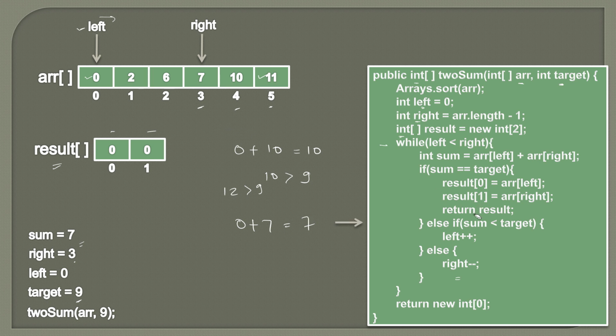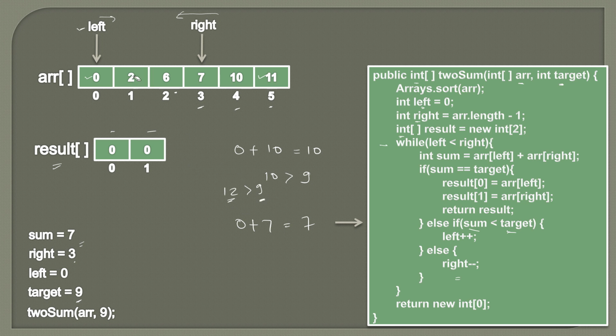So here you can see now that sum is actually less than target. Initially sum was greater than target, so we moved right pointer in this direction because we wanted to decrease the actual sum, but now sum is less than target. If we move right again to this point, then when this while loop executes again, we will get 6 plus 0, which is a more lesser value than target. So if sum is less than target, we need to increase the sum so that we reach the target.